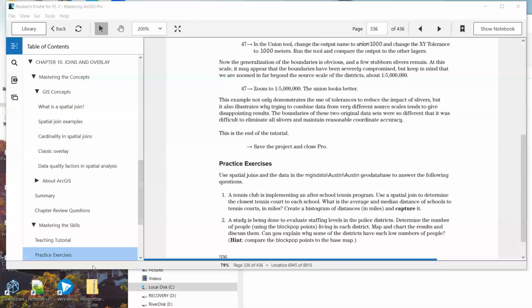So what's the nearest name of the tennis court? How far away is it? Those will be two new columns added onto that table after you perform that join. So that's the gist of this. And then it wants to know what is the average and median distance of the schools to the tennis courts in miles. And so this turns out to be quite an involved problem, because you have to set up that